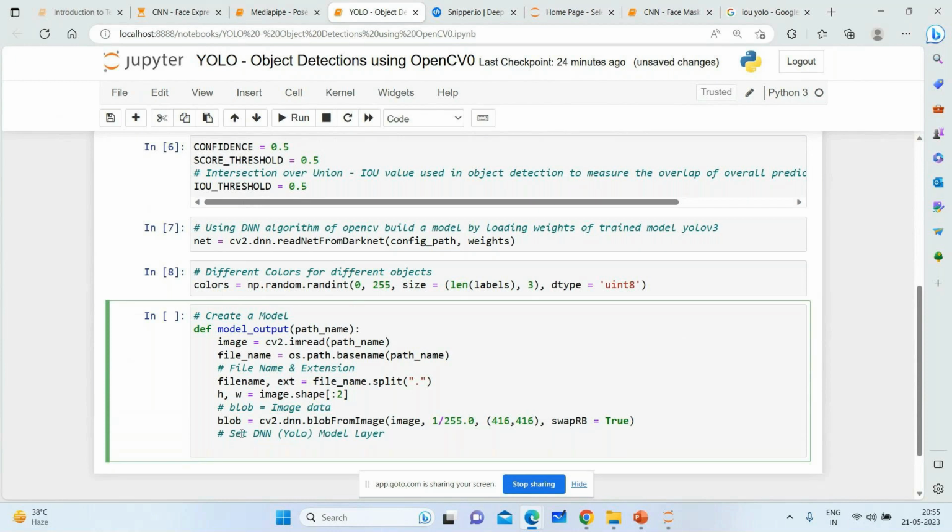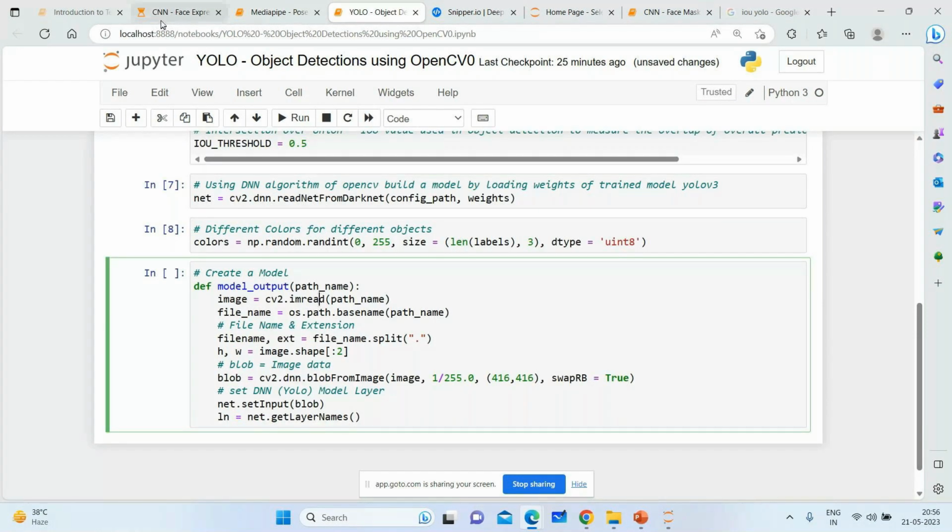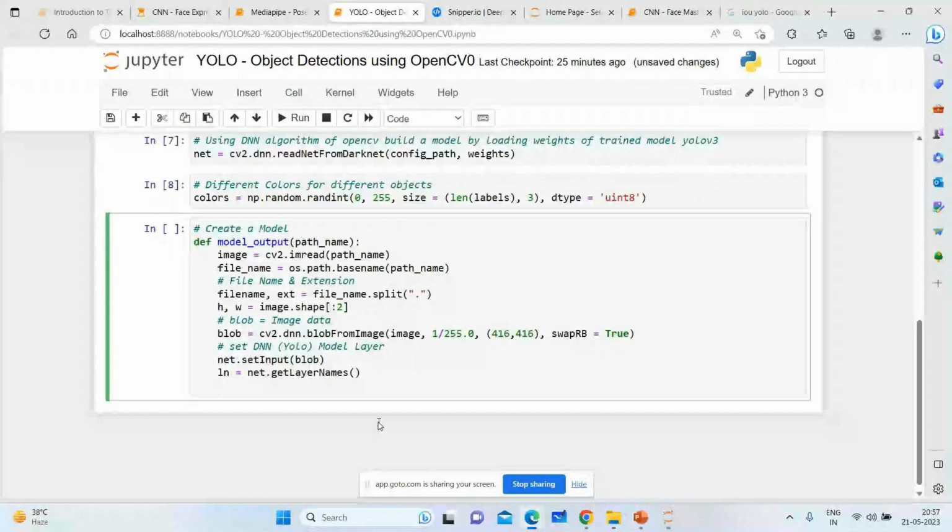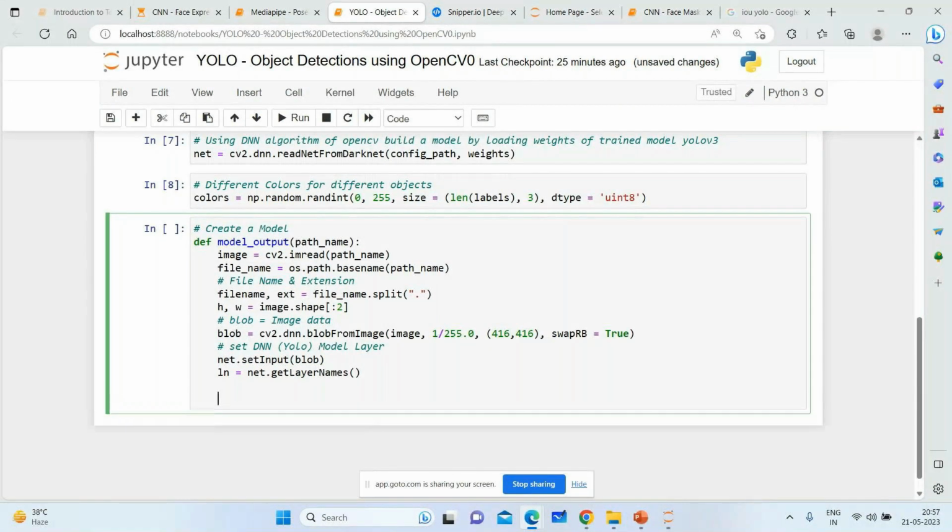In order to do this set part, we will start with net dot setInput blob, layer names, net dot getLayerNames. Okay, after getting the layer names, let's try to get here